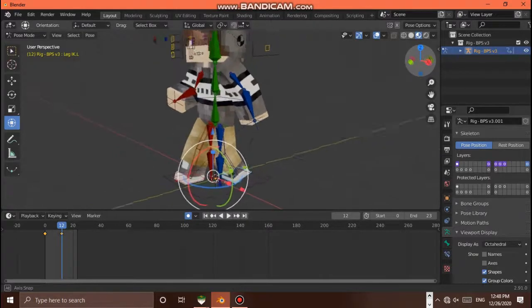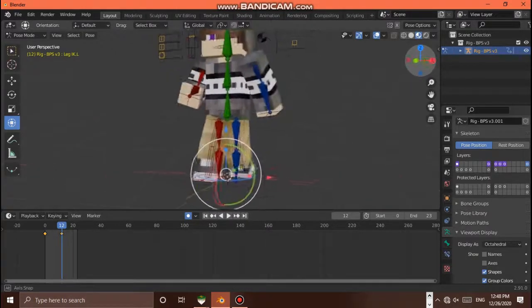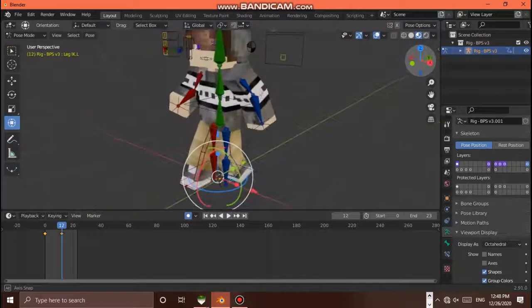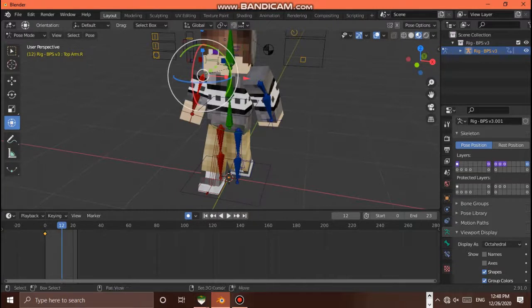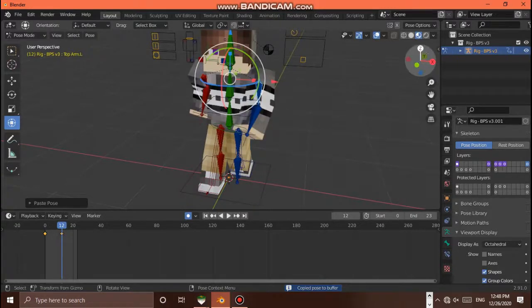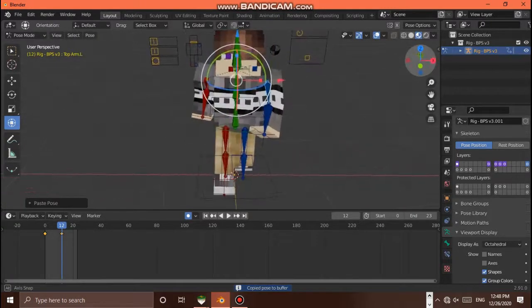about setting the keyframe. If you don't have it on, you'd rather set the keyframe, go ahead and set the keyframe here. Next, go to the arms, the upper shoulders to be exact. Same thing: shift click on the other shoulder, hit Control C, Control Shift V. Flip those arms. Now this still looks weird, so